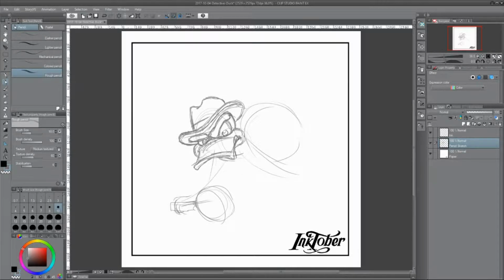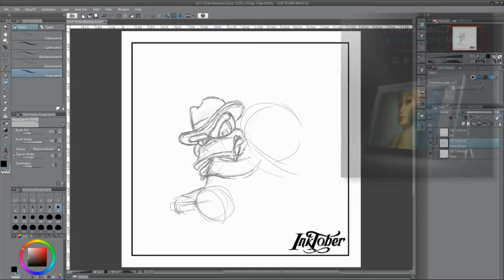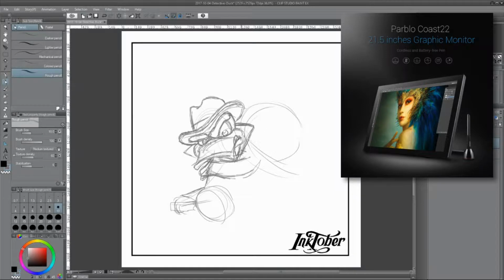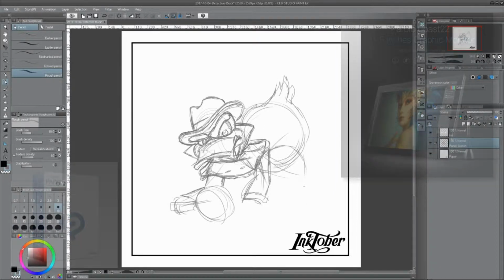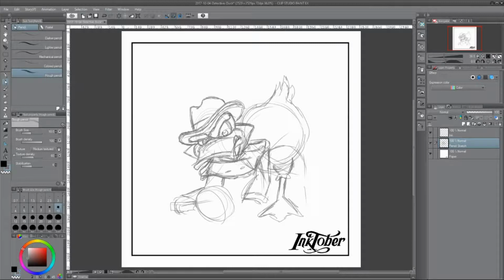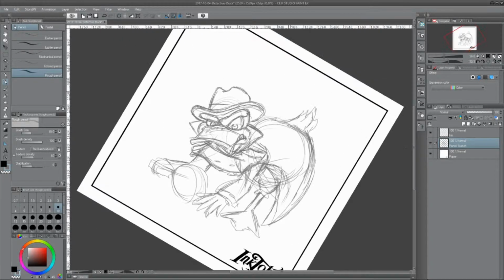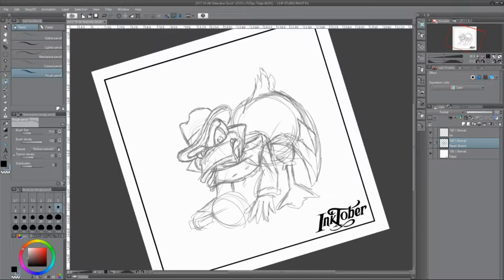And also, if you're interested in the equipment, I'm using a Pablo Coast 22 pen display tablet along with a copy of Clip Studio Paint EX as my digital inks. The drawing that I chose to do today is a completely new drawing of a character